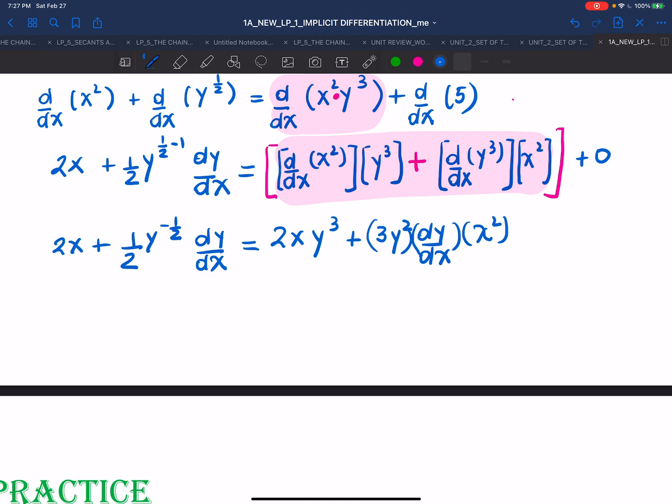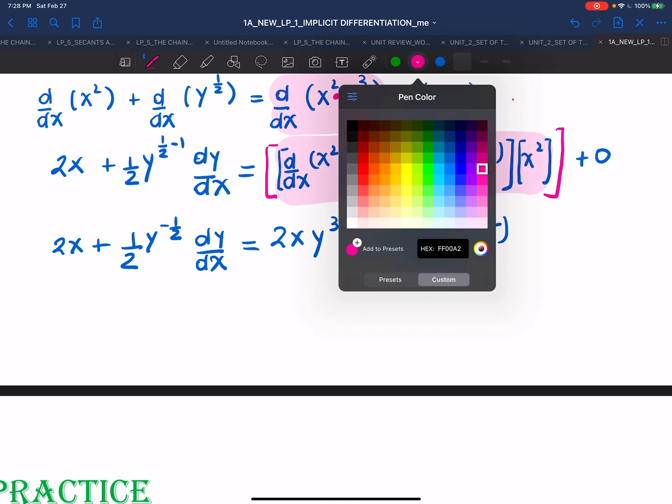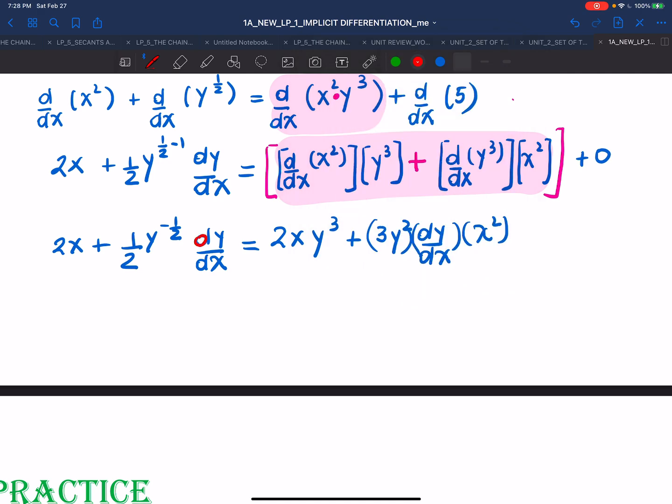Now let's plot our variable. So the unknown is dy dx, and is located in these two groups of terms. So we have one dy dx term on the left, one dy dx term on the right, and